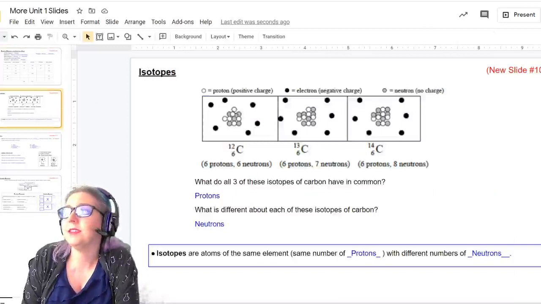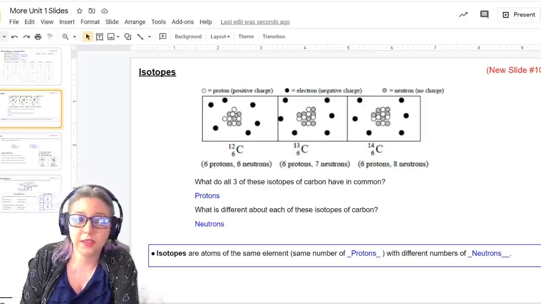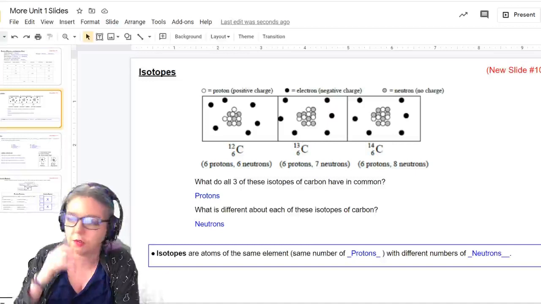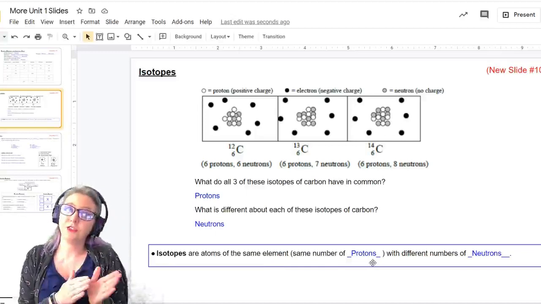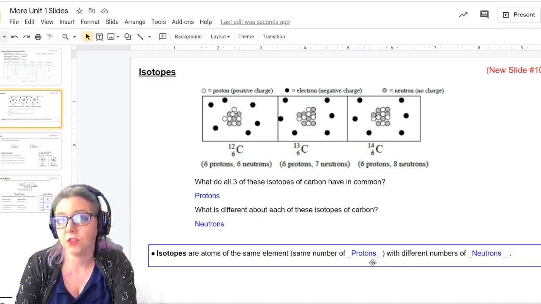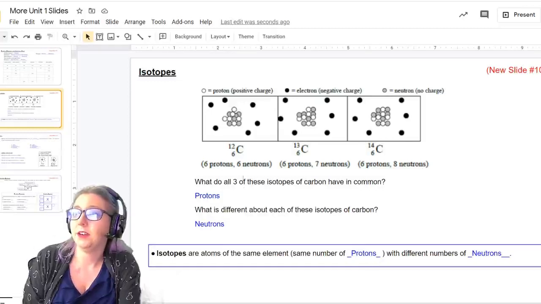All right, this is the new slide number 10. It actually is completely the same as the old slide number 10, but I felt it was more simple if I gave you all the new slides in a row instead of giving you a few random slides. So, isotopes. Isotopes are atoms of the same element, so they have the same number of protons, because remember, if you change the proton, you change the element, but they have different numbers of neutrons, so they have different mass numbers. So I have my 3 isotopes of carbon here,